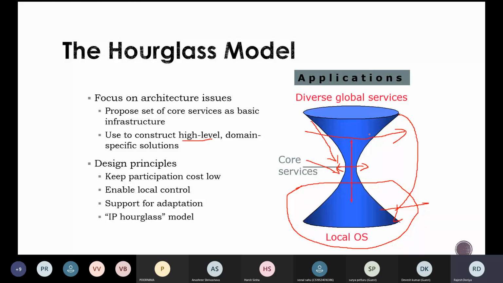These applications don't need to care about all these things. These are the design principles which one has to take care of the moment they try to design any grid technology.